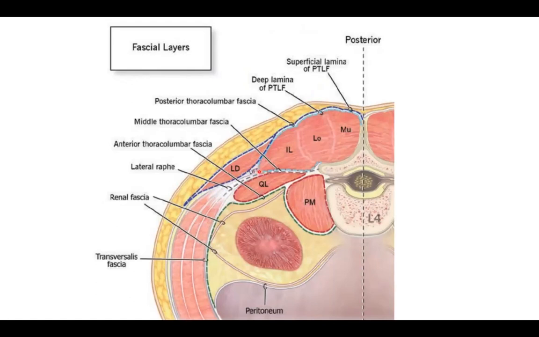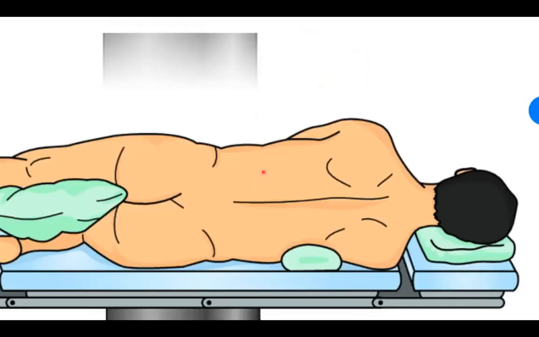Some amount of drug is also allowed to go in the posteromedial direction. This block I usually tend to prefer in lateral position, but it can be done in supine position with a little wedge or some support under the hip area. And the preferred probe for this block is the linear probe, because with a linear probe we can very easily see the